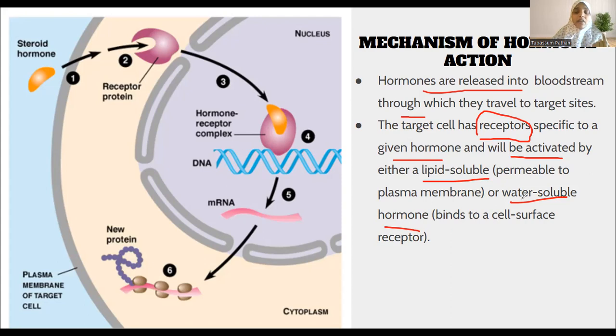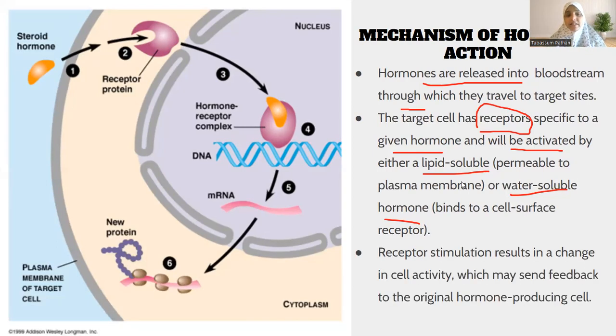Okay, and water soluble means they will bind to the cell surface, which cannot pass through the lipid bilayer, the cell membrane. So they will just bind and they will cause other messengers, other secondary messengers, to get activated and carry out the function. Okay, so you need to know this. Hormones can either pass the cell membrane or they can just bind to the surface and then they will cause